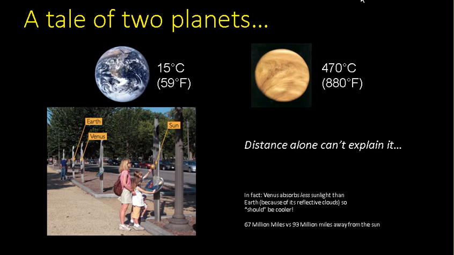If you take a look at this picture here, what it's demonstrating is the sun and how far you are away at the Earth and how far away you are at Venus. One is not really appreciably closer than the other to the point that you're going to feel much more warmth from the sun. Yeah, Venus gets a little bit more light, but